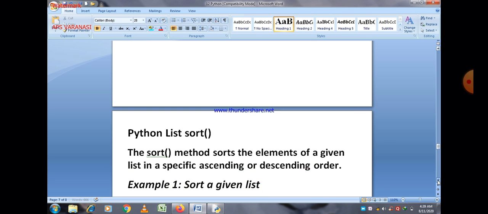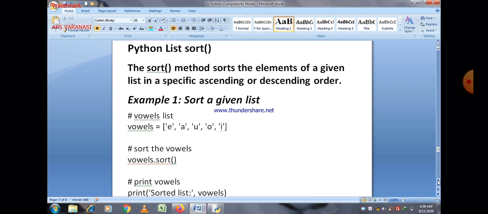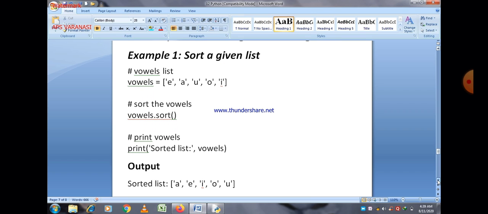The sort method sorts the elements of a given list in a specific ascending or descending order. By default it is in ascending order. It means that if you don't define it and just use the sort method, then elements are found in ascending order. So there is a small example here. Example 1, sort the given list.